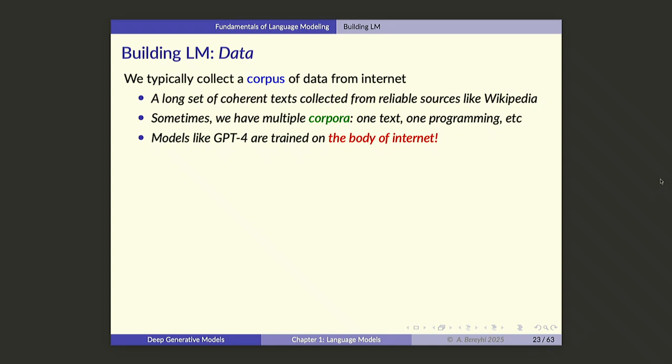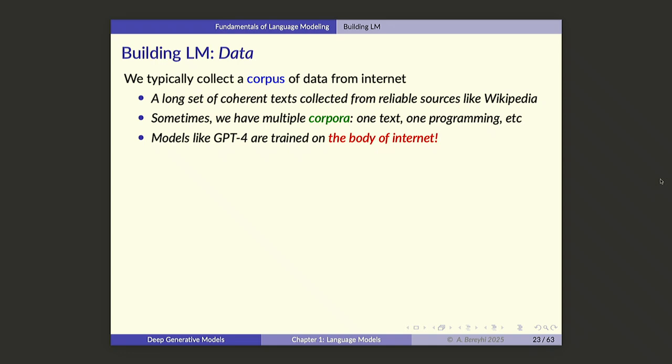Some of them are plain English text. Some of them are on programming, so they have a bunch of data which are basically Python programming, C programming, MATLAB programming scripts. So they have different forms of corpora, but you could have only a single corpus, right? So you can have just, for instance, one textbook. You just get one textbook, or you get one storybook, and this is your